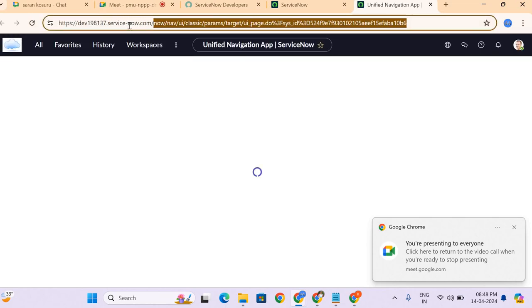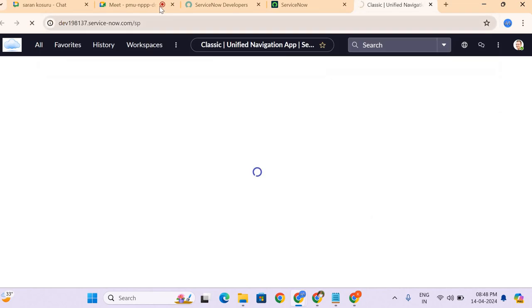I'll duplicate this and open the end user. So basically end users have the portal access, where you'll be having all your catalog items. So let me just open that.